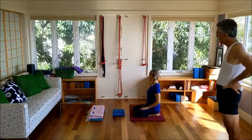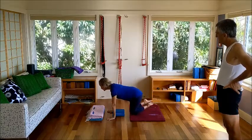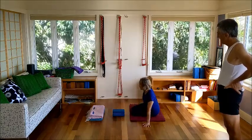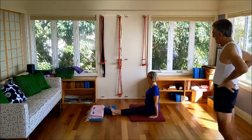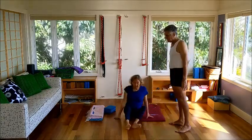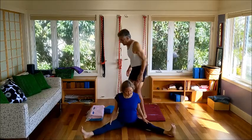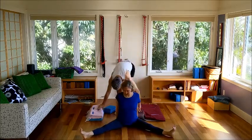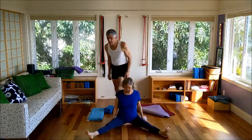Now come forward, bring the knees and feet together, and then sit on one side, extend the legs out straight, sit with the legs out straight. Now we're going to come to Upavishta Konasana, so Shell, come forward, extend the legs out, take the feet apart. Now at this stage again, you need to sit up on a blanket, particularly if you stiffen the legs. Sit up on a blanket or two, legs apart,